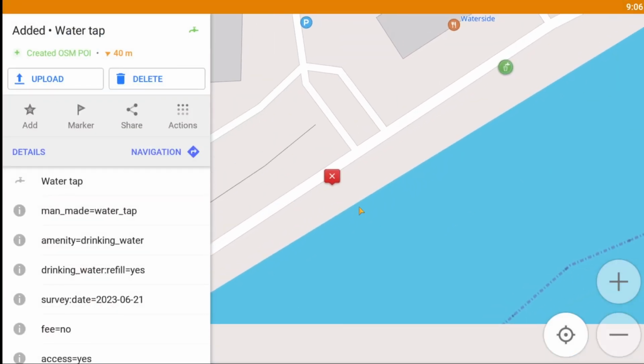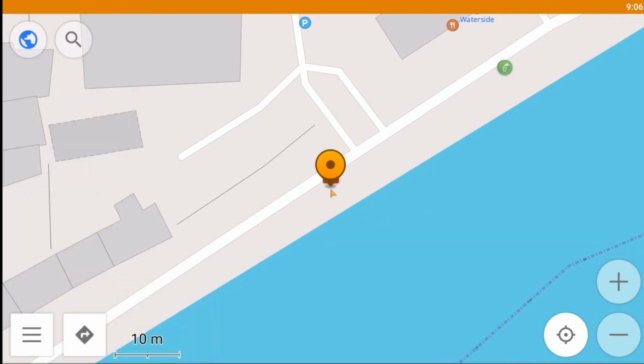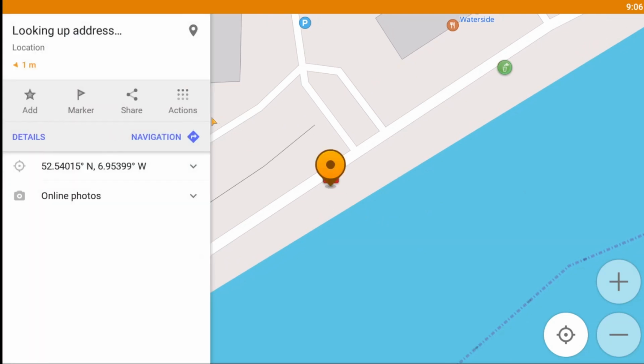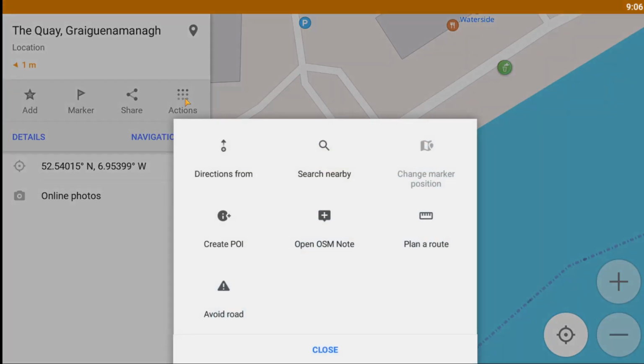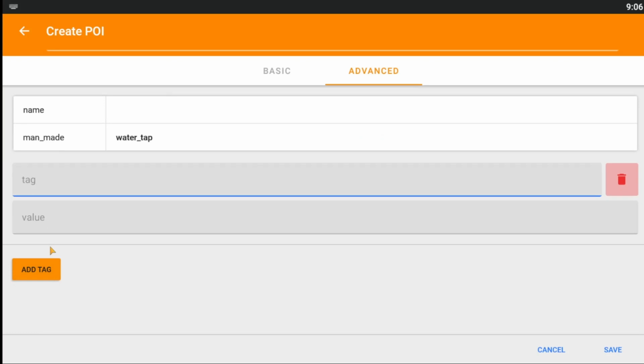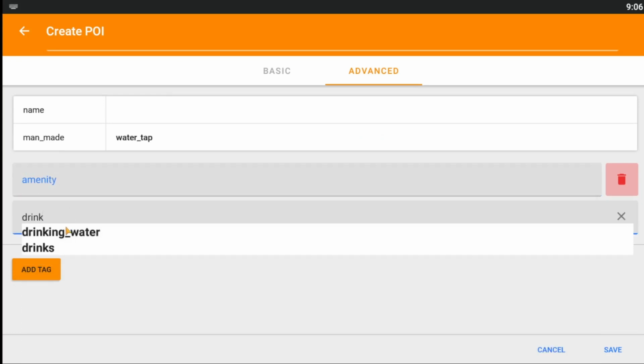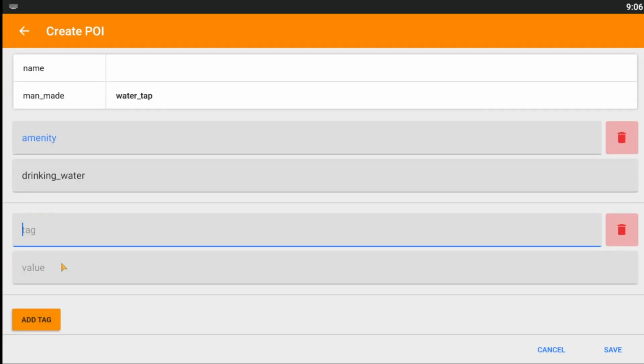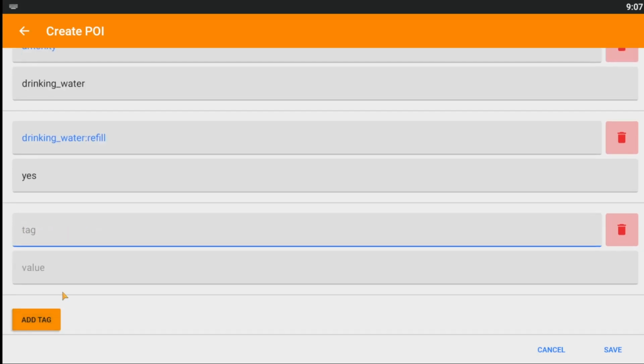And then the last one is here. So I just hold again, try to remember all the tags I used previously. Actions, create POI, water tap, amenity, drinking water, drinking water refill, yes, survey date, because I still have it in my clipboard,